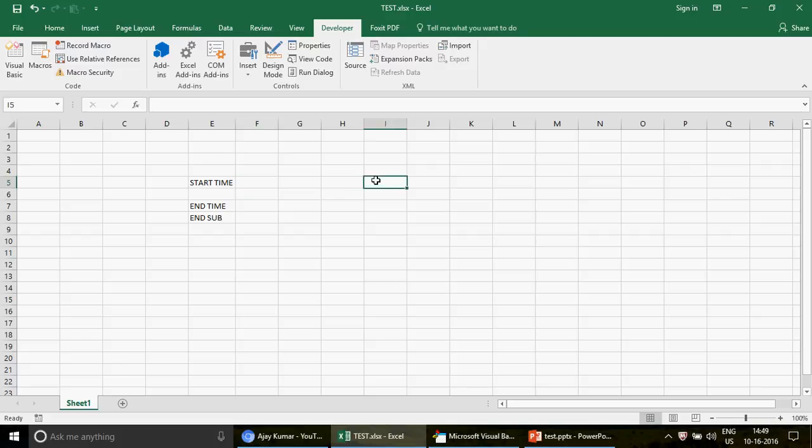In order to do that, you should understand how the date and times are stored in Excel, and of course in VBA also. Suppose you are running the macro right now, and let's say your macro takes 1 hour. Let me put the time here. For example, this is the time now, let's say